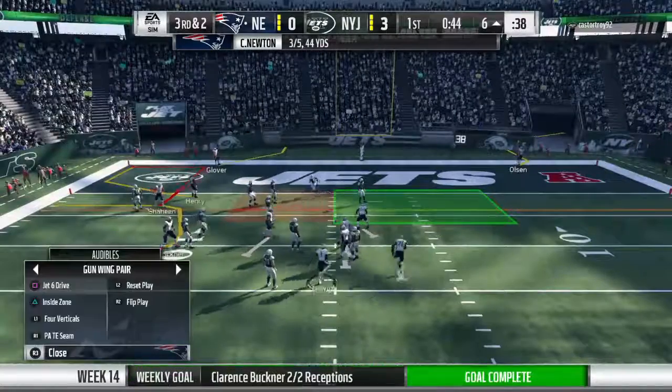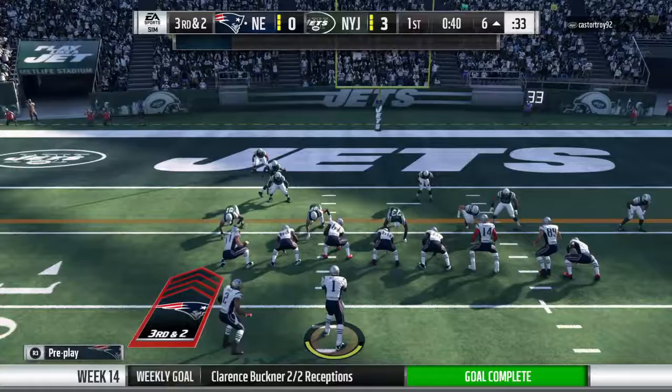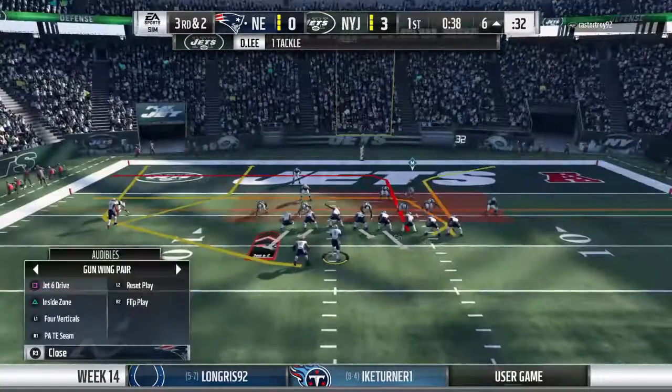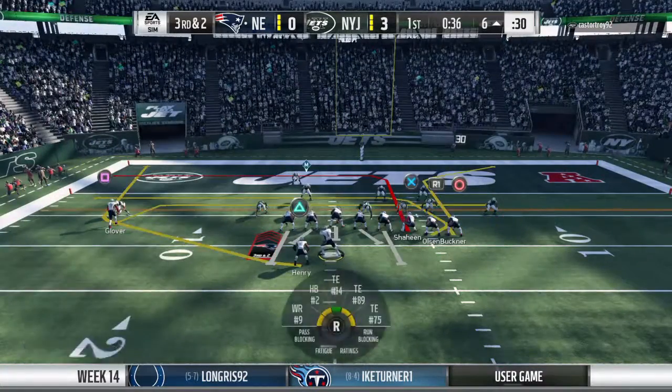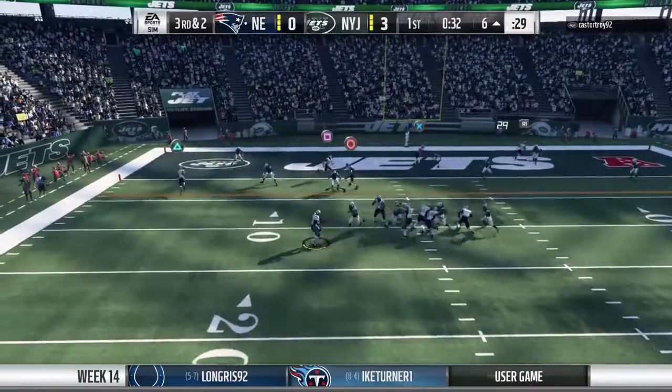That's a nice play by them defensively, though, to hold it to a short game. That catch good for 5. It's 3rd down. I think it's okay there. They didn't get a whole lot on that play, but it's nice to have a safety valve that's built like this guy. Big target, guy you can...